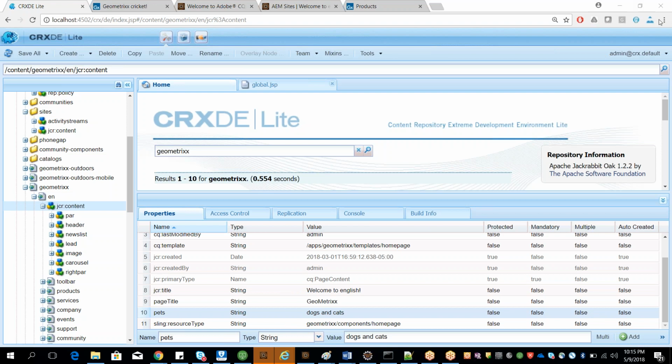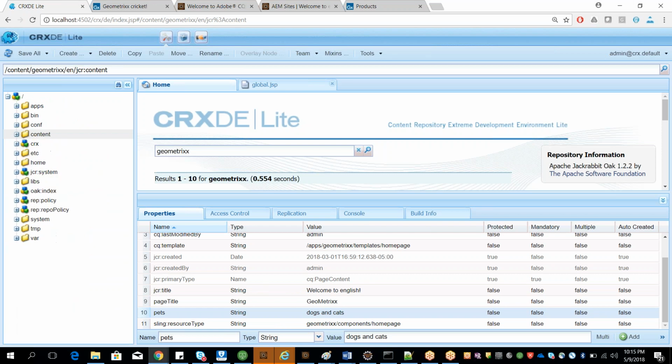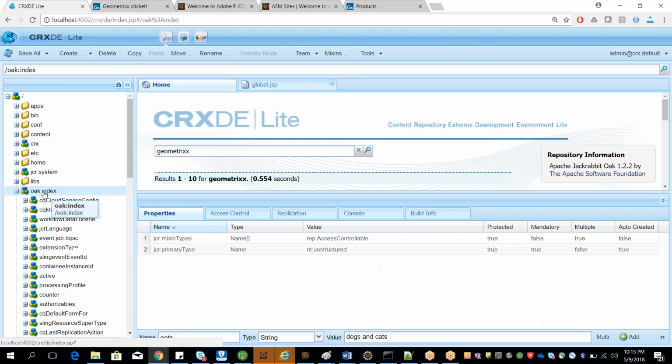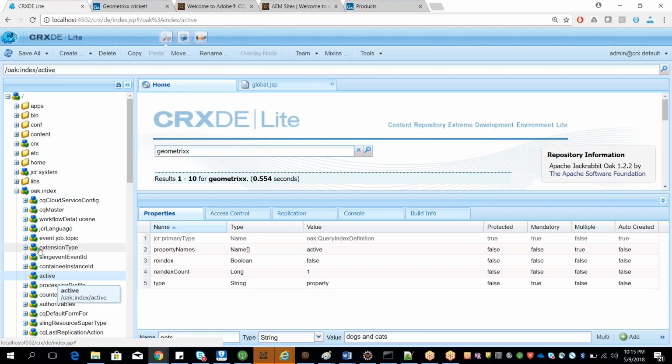Okay, so if you see, AEM has something called oak:index over here. In this oak:index, you can add what are all the properties that you want to build as an index, so that when you search for that term, it will actually look through the index. All you need to do is take an entry which already exists over here, for example active. Copy this,